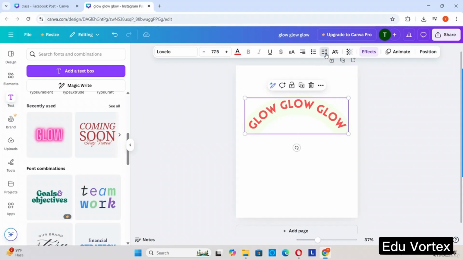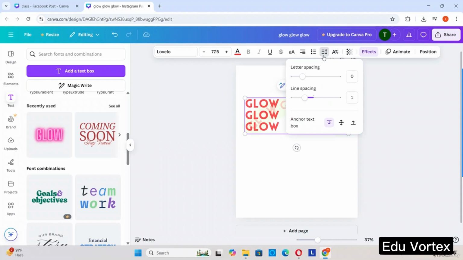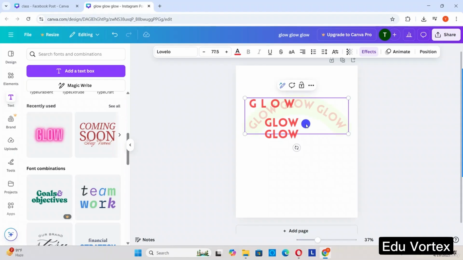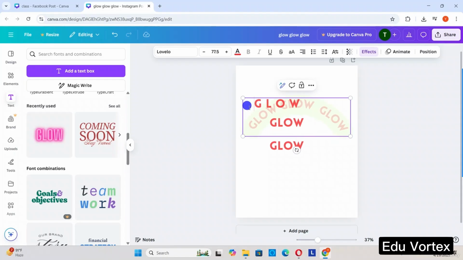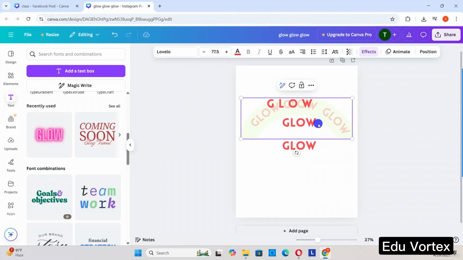So next is the spacing. You can change the spacing between them by clicking over here, and you can give the letter spacing and line spacing. Okay, and these are some other options which you can choose or select. Like this you can make the changes. Okay, but you need to select